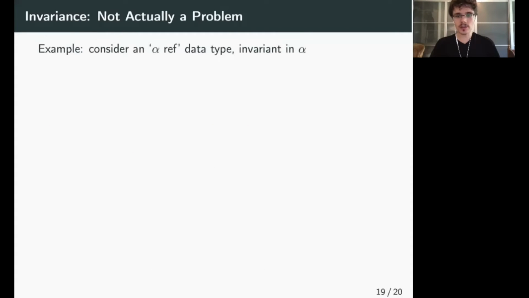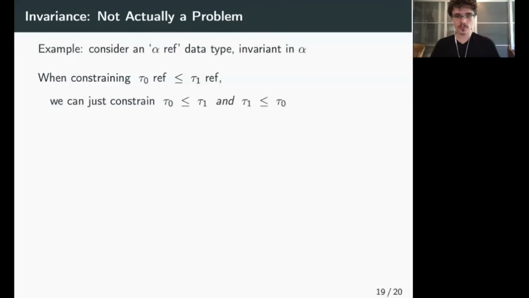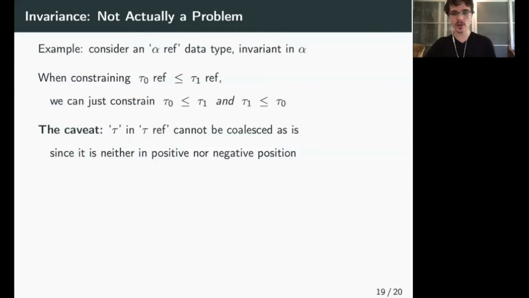Another aspect of algebraic subtyping which I would like to clarify is its relation with invariance. As a typical example of invariance, consider the ref data type, which is the type of mutable variable references, and which is invariant in its type argument. When constraining one ref type to be a subtype of another, it is sufficient to constrain their type arguments both ways. However, we can no longer coalesce the type arguments of invariant types easily, since coalescing relies on the polarity